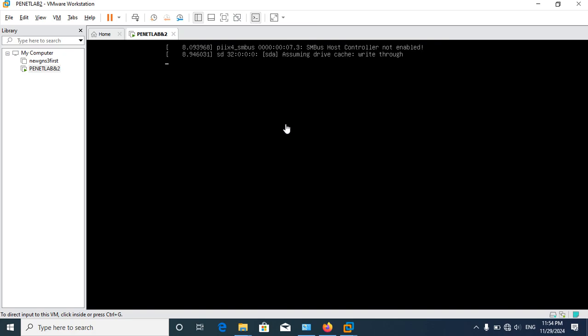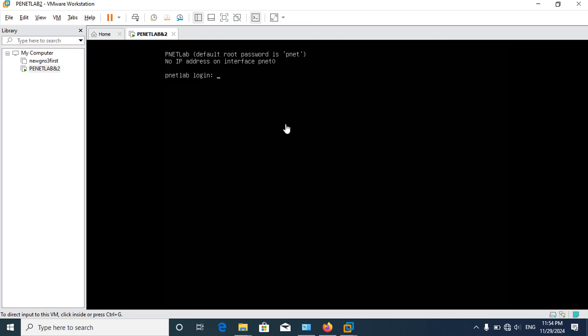Yeah, now I'm logging in. You can see it. After 1 minute it will give us the IP in VMware and PNetLab for browsing. But if you look, there is no IP address interface for PNetLab. After PNetLab login, there is a notice that your service is working normally, but we don't have an IP. Why? Because I forgot something and skipped one